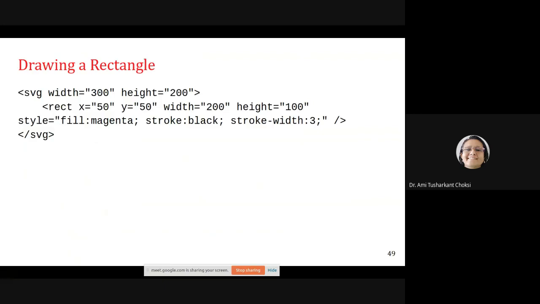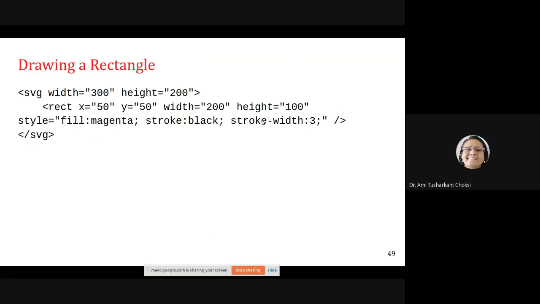And we are specifying the style, that is fill colon magenta. So the fill color is magenta, the stroke, that is the line color, is black, and the stroke width is 3. For writing the style, we always use double quotes.